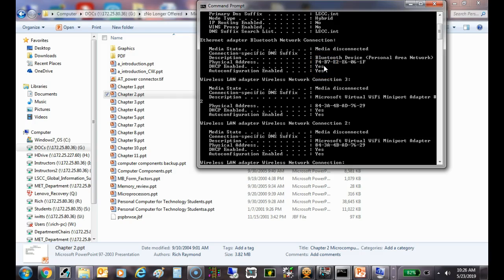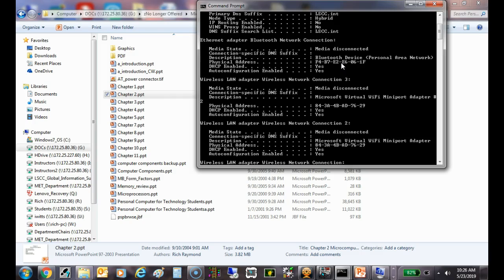They split it up either by dots or dashes. The first 24 bits, which would be these right here, is what we call the manufacturer's code. So if I was going to manufacture a network interface device or a Bluetooth port,